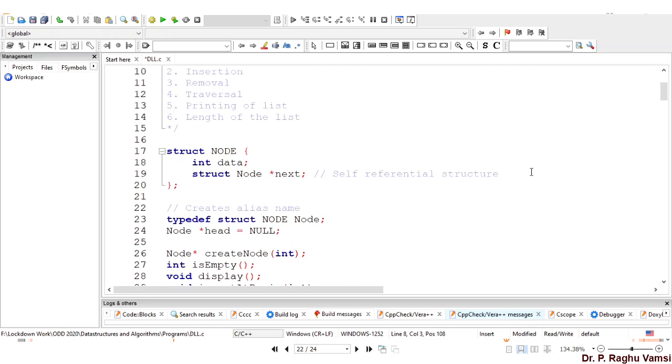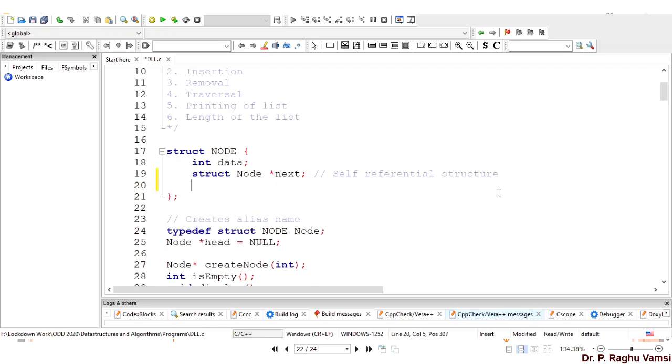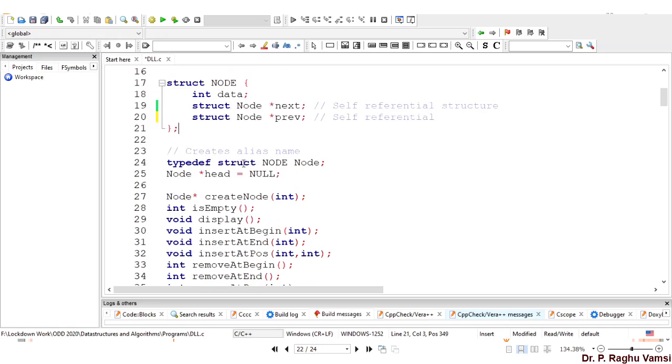Now struct node is the self-referential structure which points to the next node. Now I will add one more thing, struct node star previous. This is also a self-referential structure, which is especially to point to the previous node. Now typedef struct node, node head is equal to null.